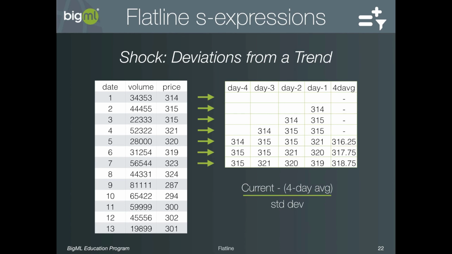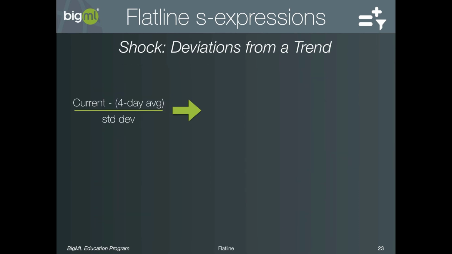So how do we compute this expression in Flatline? First, the current price at any row is just the field price. For the 4-day average, Flatline has a function called average window, which can compute the average of any field over a specified window of rows relative to the current one. The first option to this function is the field we want to compute the average of, which in this case